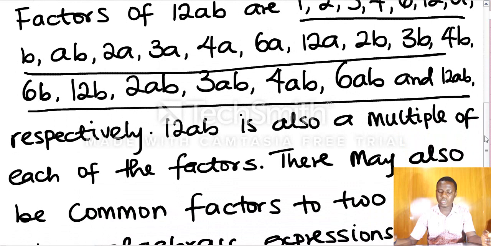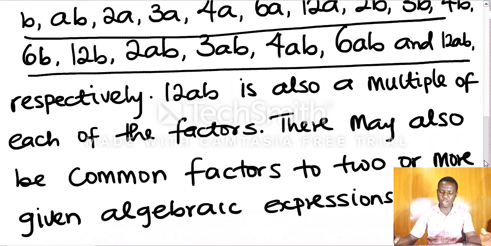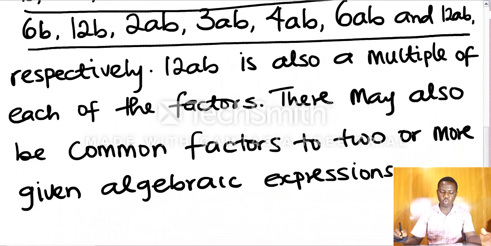We said also that 12AB can be said to be a multiple of each of these factors. So if a factor can divide a bigger number without a remainder, such a number is said to be a factor, and that bigger number is said to be a multiple of such a factor. And also, there may be common factors to two or more given algebraic expressions. For example,